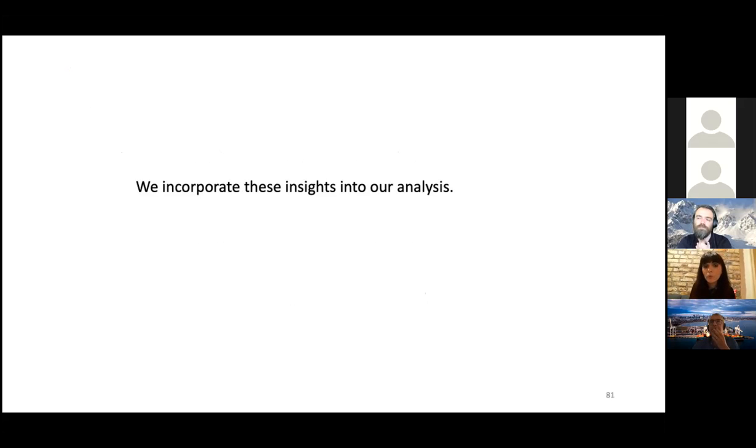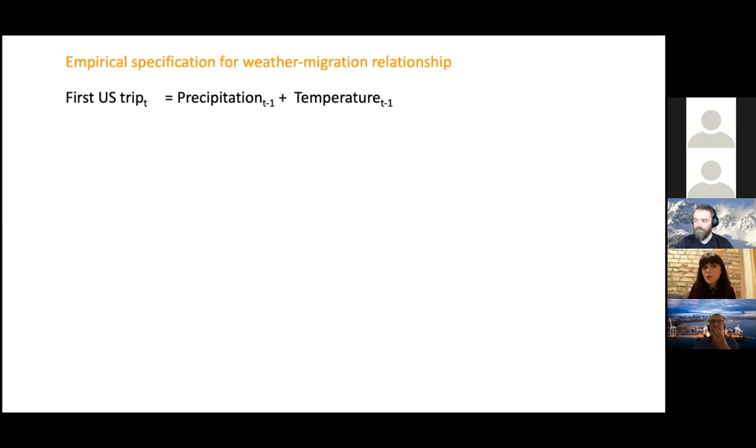So what if we incorporate these insights into our analysis and test some of these relationships? So basically the empirical specification, the goal here is to link precipitation and temperature in the previous time period to first US trip. And we also look into the year before that. We don't go farther in time because we're going to consider interactions between different items, and then we don't want to end up with an unmanageable model. And here, this is an obvious compromise compared to SML, where we actually let the data pick the best relationships for predicting out of sample.